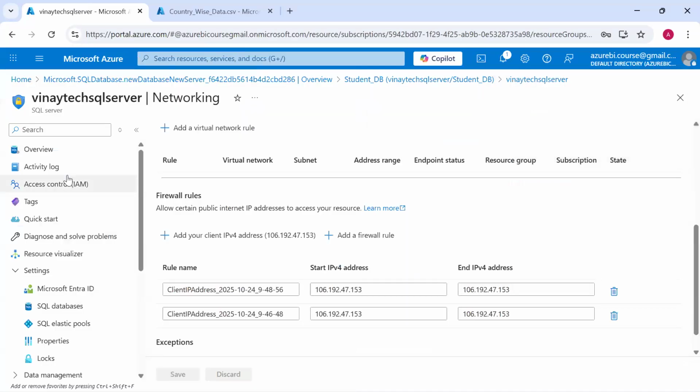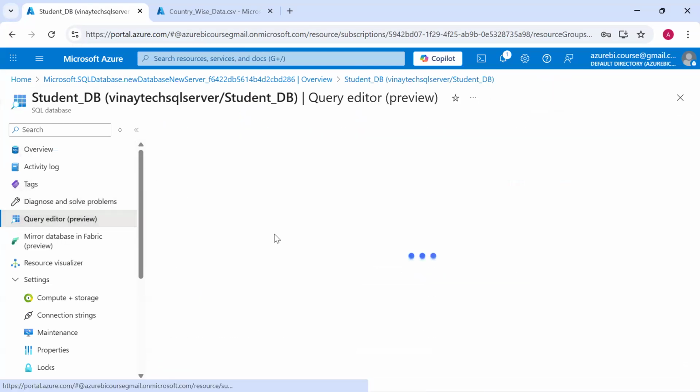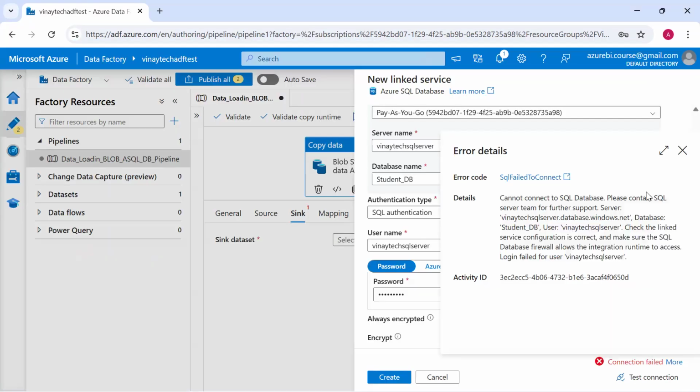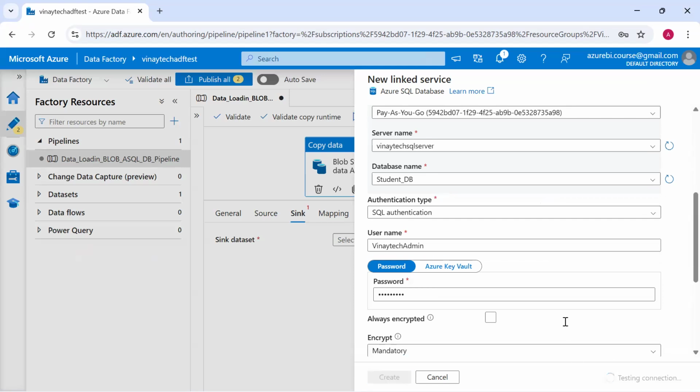What is that login actually? Let me go and see. My username is Vinay admin. Okay, this is the name I have given, right? Oh, sorry, I have given the username wrong. That is the reason.